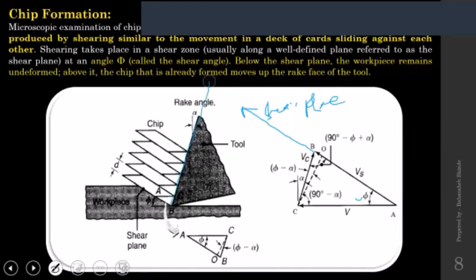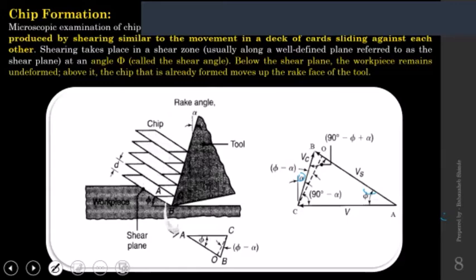Now this is our rake face of the cutting tool, and if I measure its inclination with vertical, that inclination is nothing but the rake angle denoted by alpha. So here this is the vertical line, and the inclination of that face is denoted by alpha. Now in this triangle, if this is phi, this is alpha,